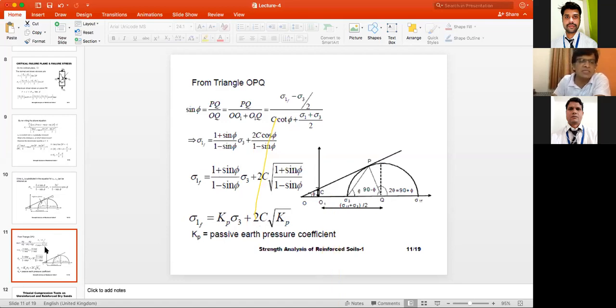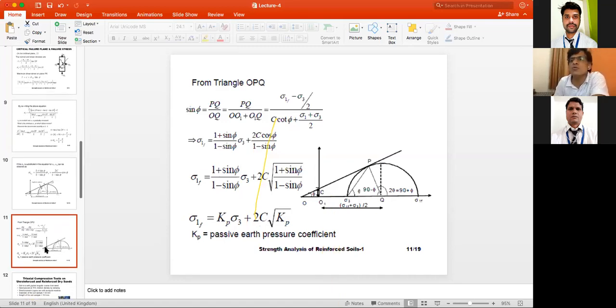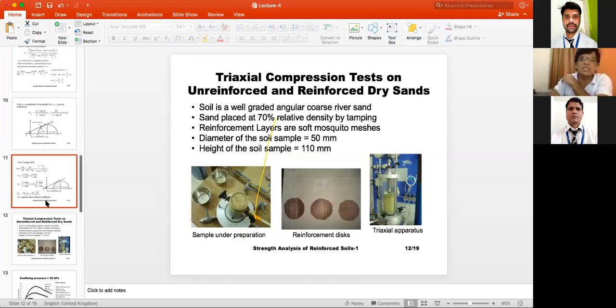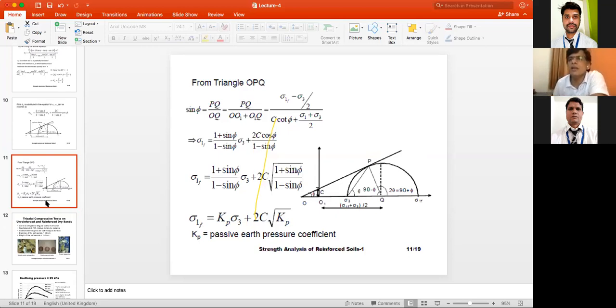So these are the ways to find the shear strength of the soil, by using the Mohr circle, by using the free body diagram, and by using the Mohr-Coulomb equation. We studied that. As Rakesh told me to stop at around 3:45, I could continue with the reinforcement, but it will take a lot of time. So with this, let us stop here and quickly take 2-3 minutes for questions.